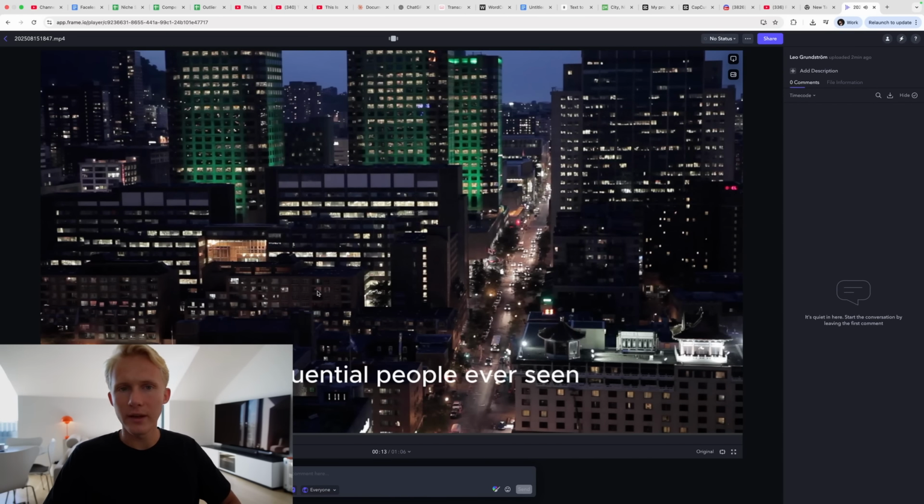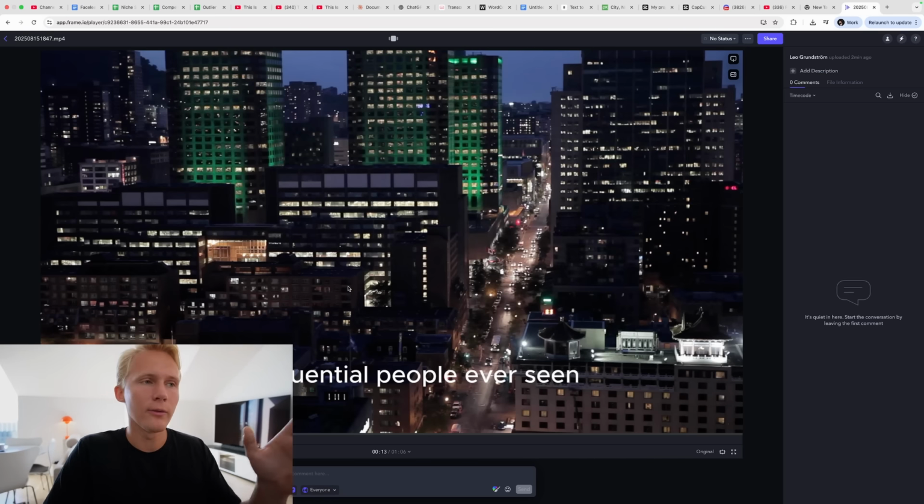Now, this screen doesn't really make sense. Why is it showing a video or scene of a city when it's talking about influential people? That doesn't really make sense. Instead, here you would tell the editor to use a real-life clip of Barack Obama behind a podium giving a speech. Because we're talking about the most rich and influential black people in America or on Earth, we want to show something that reflects what is being said.